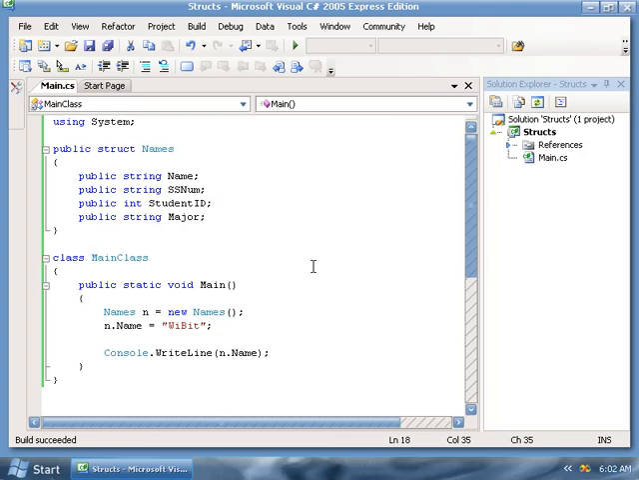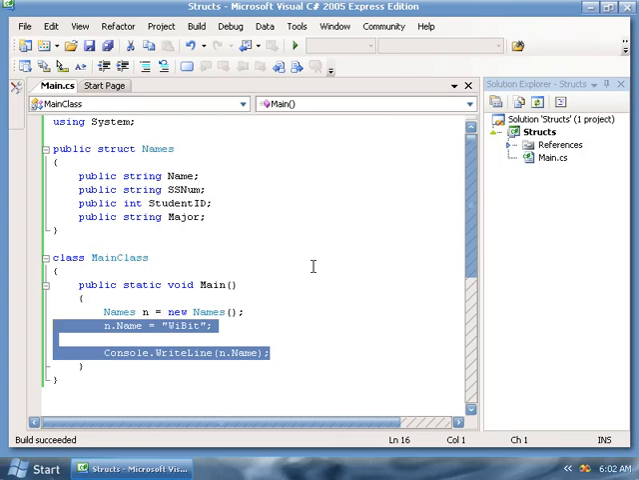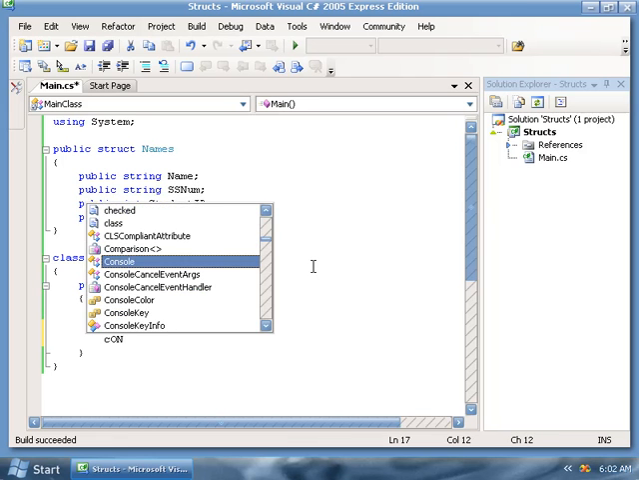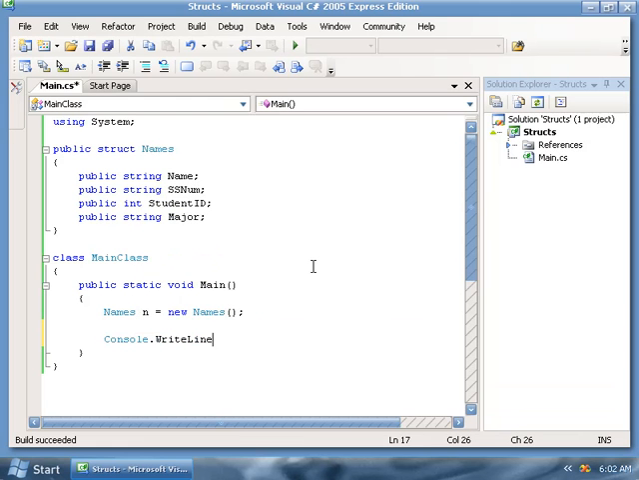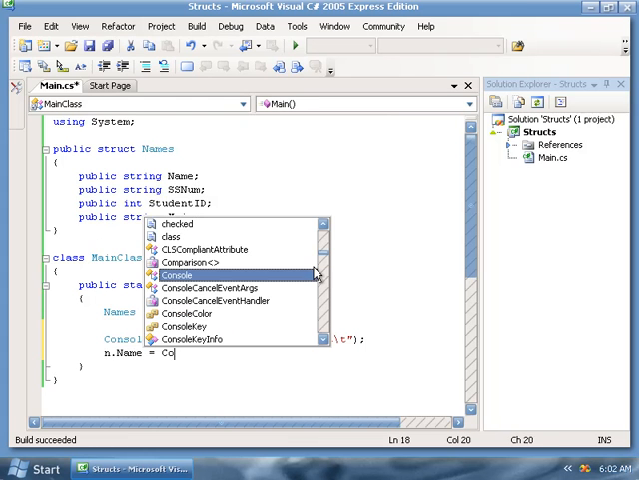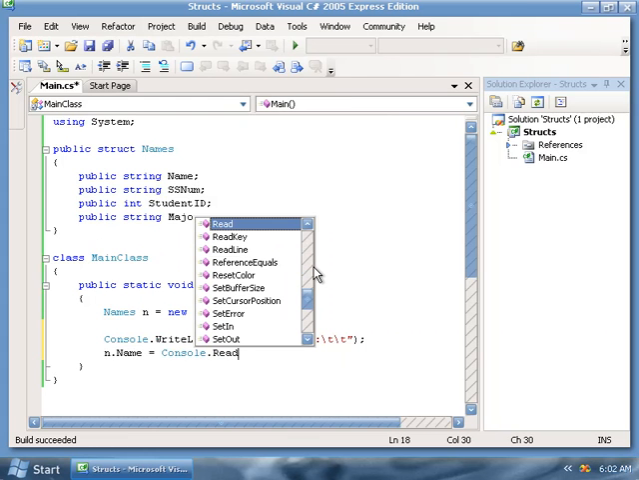Okay, so now that you get the whole basics of that, let's create a small little program here to just kind of mess around with this. So we'll prompt the user with console.writeLine, and let's ask the user something. Let's just tell them to insert the student's name, and we'll do 2 tabs. So we'll do n.name equals console.readline,